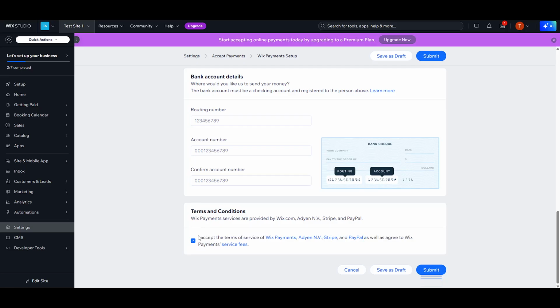After you've read and agreed to the terms, select the checkbox to accept them. Finally, click Submit. Your account is now ready to go, and you can start processing payments directly through your Wix site. It's that simple. Remember, having Wix Payments set up on your site can significantly enhance your customers' experience and